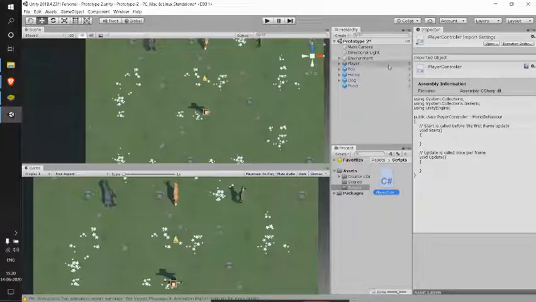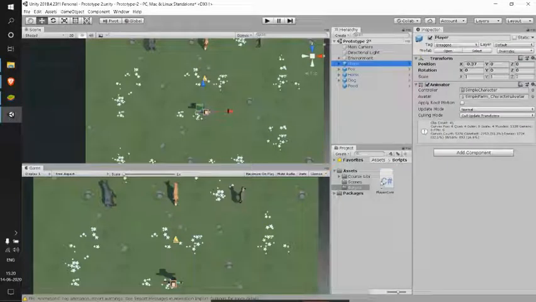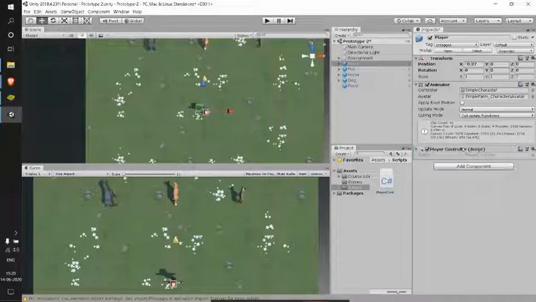Now I'll just attach my script to my player. I'll just drag and drop it in the inspector where I selected my player. So see, I successfully attached my player controller script as a component to my player.